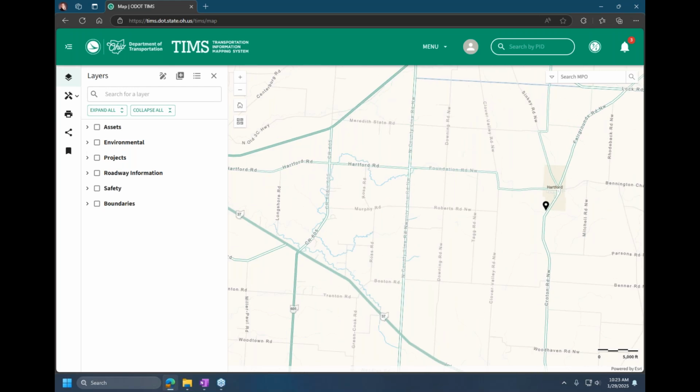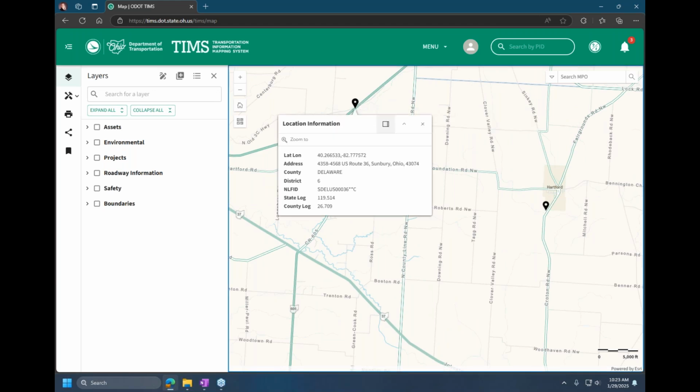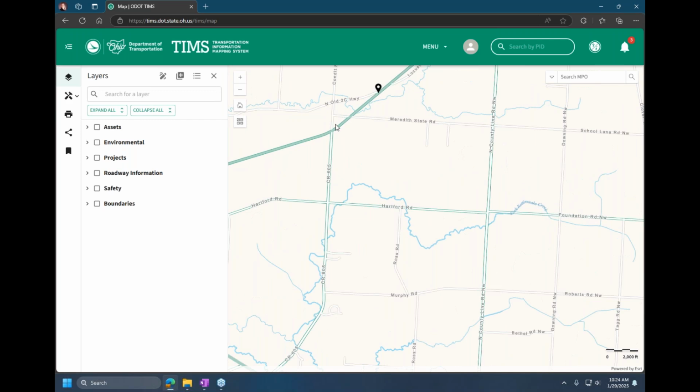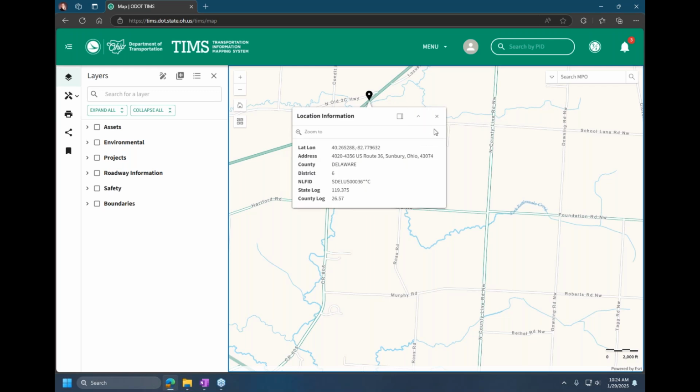If I right click over a definitely a state maintained road, I think the local roads as well, it's going to tell me my NLF ID and my state and county log point. So that's super helpful. If I'm just in an area, I need to quickly get a log point. You just want to make sure that you're right clicking directly over a road. We'll circle back to those other options later